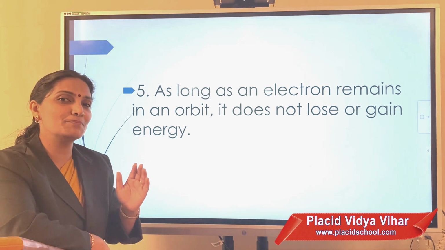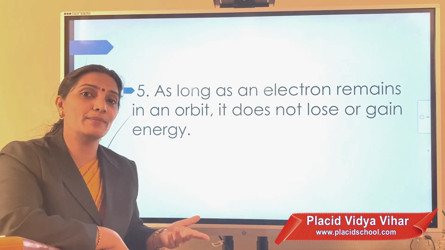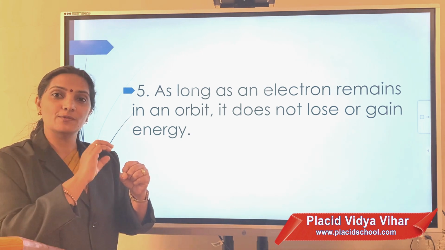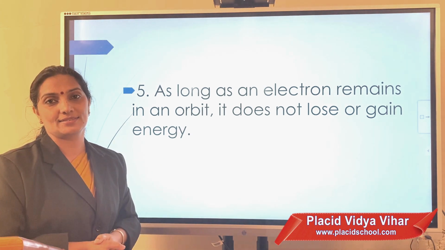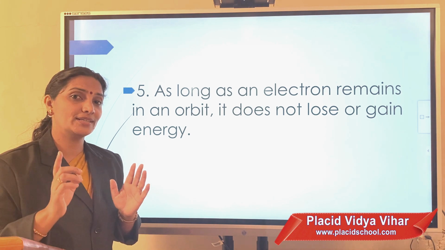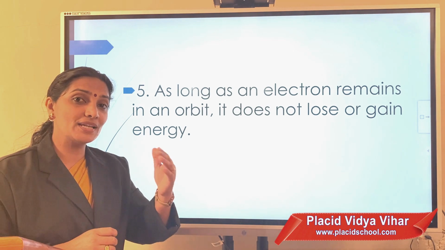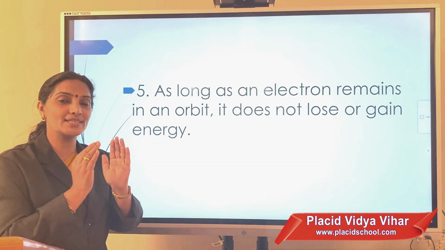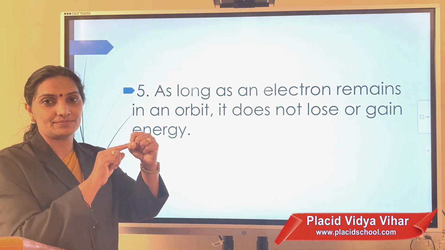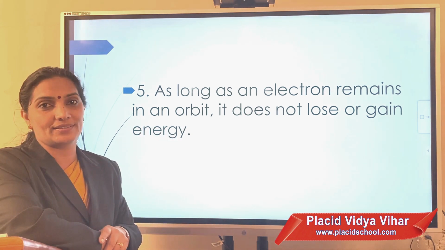Now, can you compare this structure of the atom with any familiar system or any familiar object in your daily life? Nucleus with many shells. Can you compare this structure with any familiar system? Anybody got an idea? Yes, it is. The structure of the atom is similar to our solar system. Who is at the center in the solar system? Sun. Sun acts as the nucleus. Around the nucleus we have many orbits through which planets are revolving.